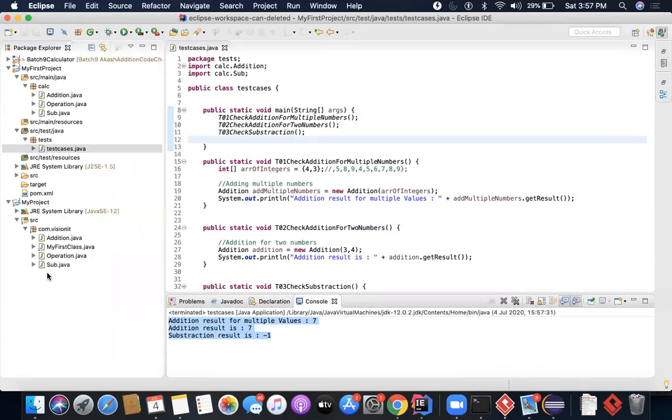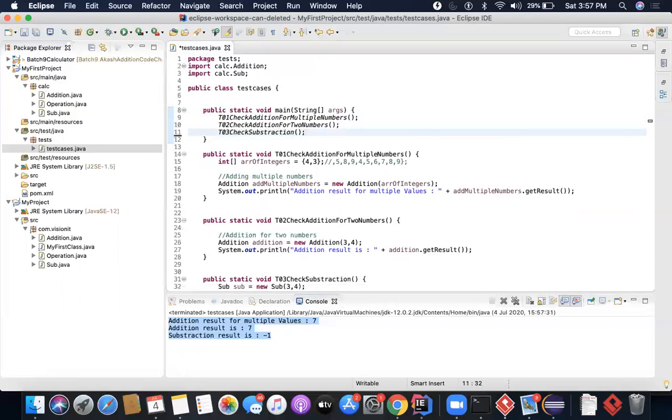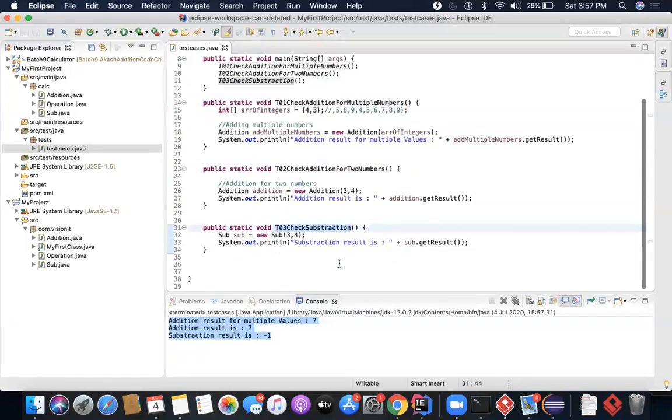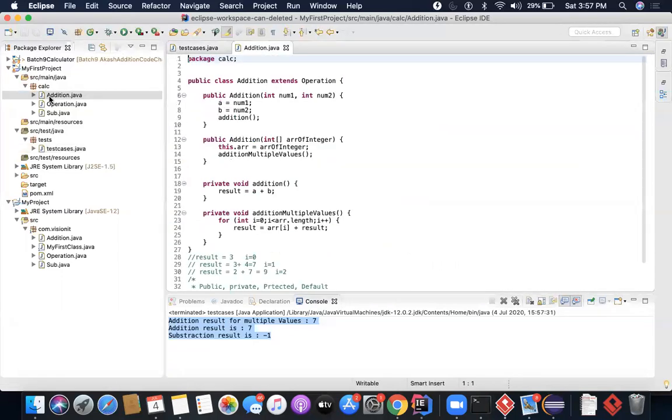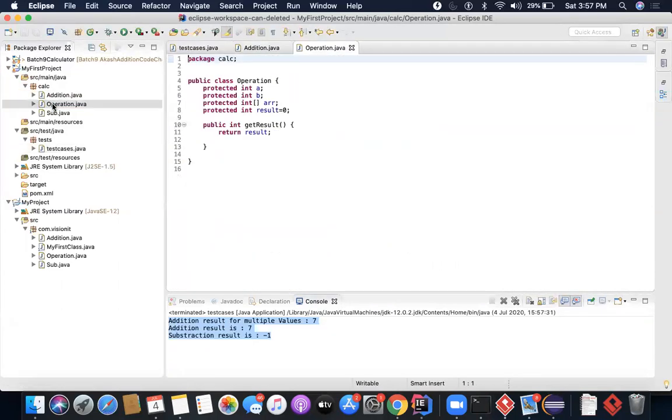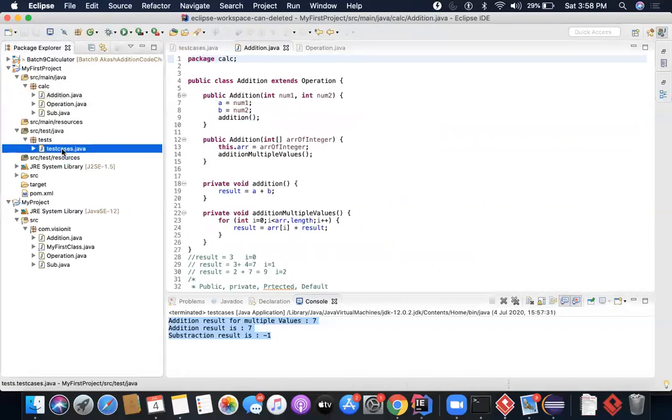It will work properly. But what I'm trying to argue is this is not a right way of running the test cases. These are your test cases: test case number 1, test case number 2, test case number 3. You are writing these test cases to test the functionalities of the development code which is written here. In your case, you are acting as a developer as well as a tester. So I'm repeating this again and again because I don't want to confuse you on why we are doing this.